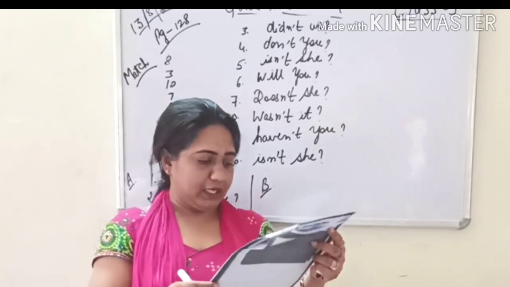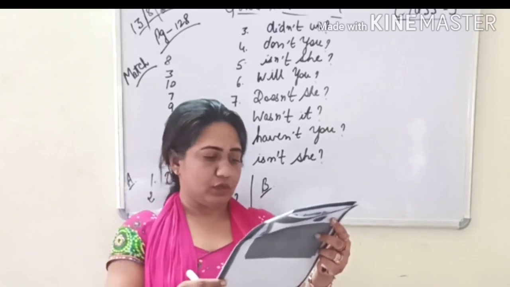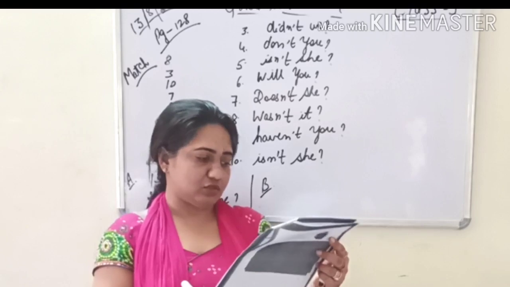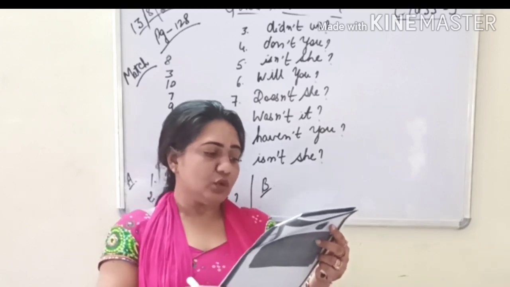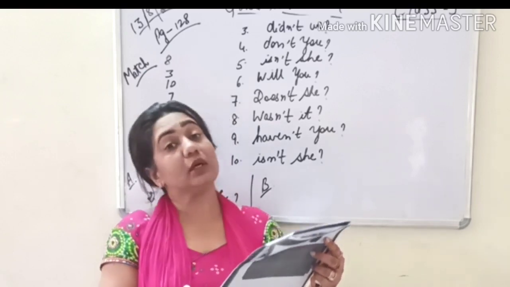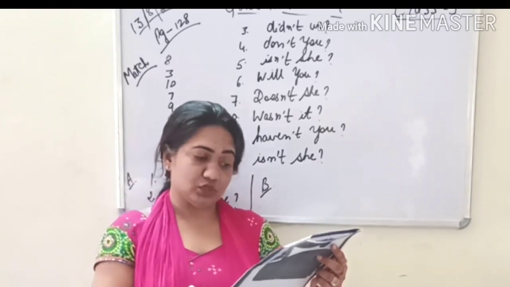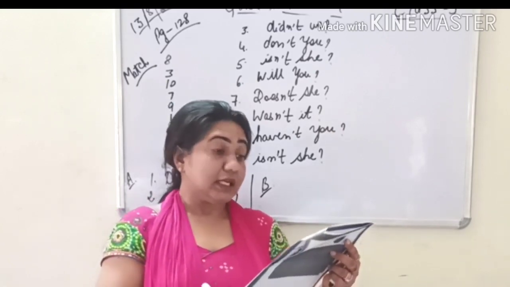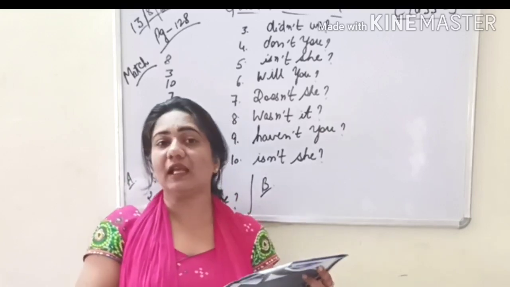So simply, you have to write the question tags in the sentences. So let's do one exercise. Fill in the blanks with question tags. You invited the neighbors to the party. You invited. So now we don't have any helping verb. What should we do? And see the tense. Invited, past, so we will use did because we don't have any helping verb.